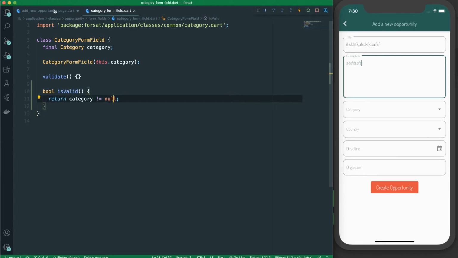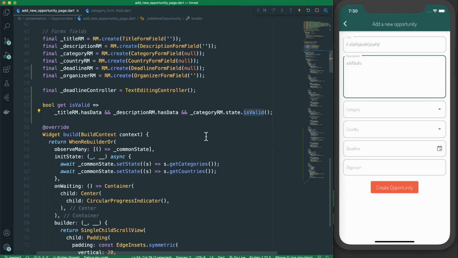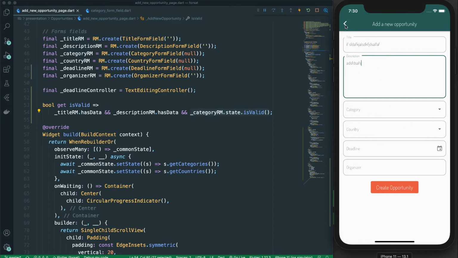So now we can see that is valid is there. So here what we have is we have entered three parameters, or we have put three form fields. So now, even though you can see, let me go back and open the page again, you can see